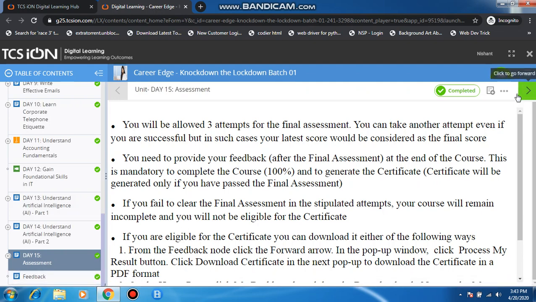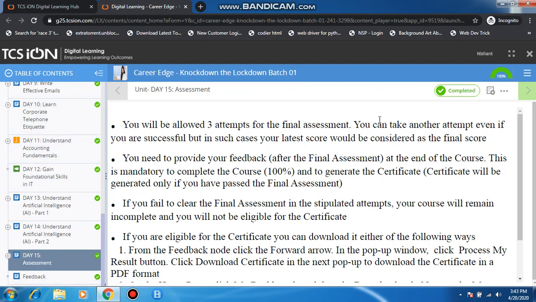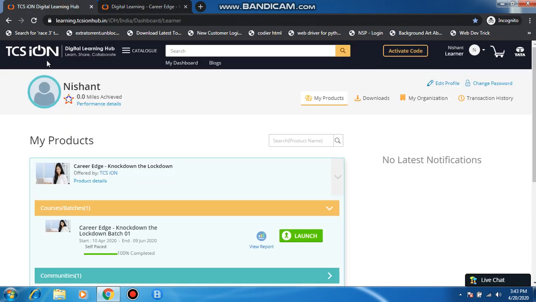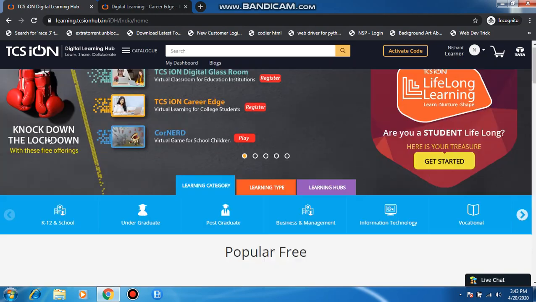When you hit this button, you will see the subscription. After this you will not be able to see the assignment questions and all. You will click yes, I don't want to see afterwards. After that you will get the digital certification. Your certification will look like this. I'll show you which type of certification you will get.